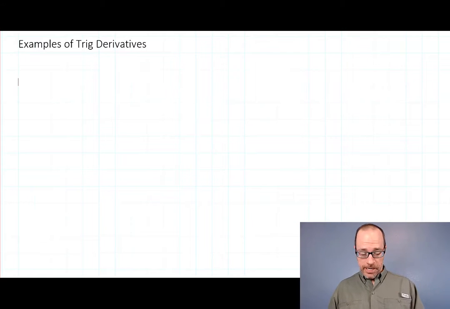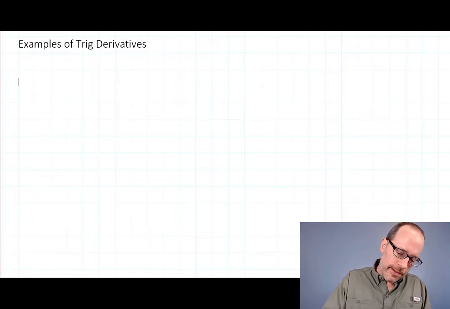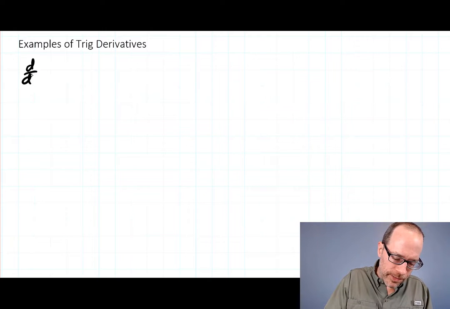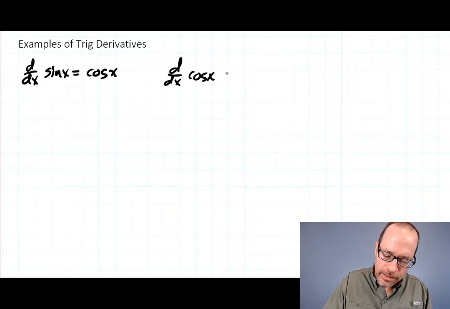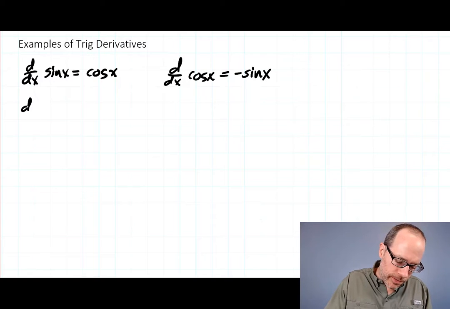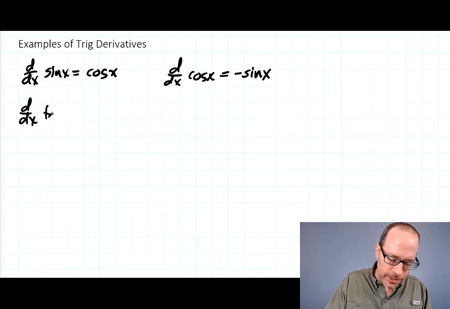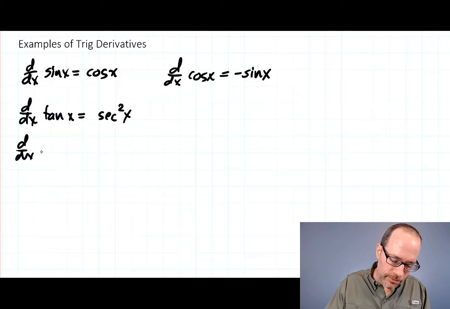All right, howdy. Let's do some examples of the trig derivatives. Reminder, derivative of the sine was the cosine. The derivative of the cosine was minus the sine. Derivative of the tangent was secant squared. Of the cotangent